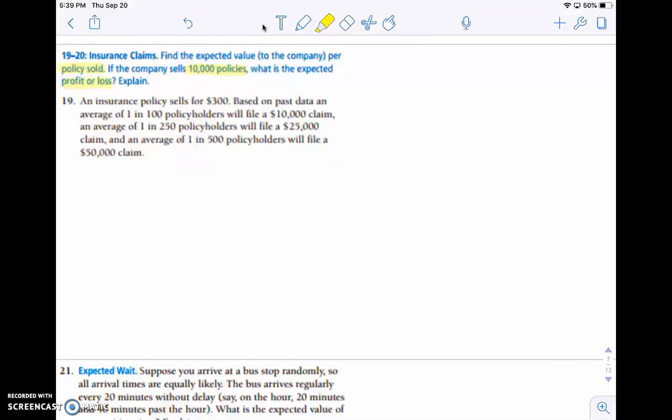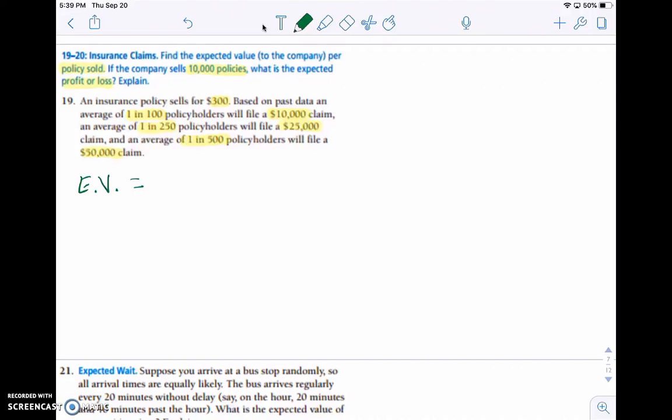So we have an insurance policy that sells for $300. Based on past data, 1 in 100 policyholders will file a $10,000 claim, 1 in 250 will file a $25,000 claim, and 1 in 500 will file a $50,000 claim. So to find our expected value,